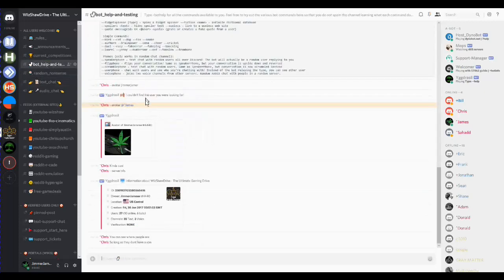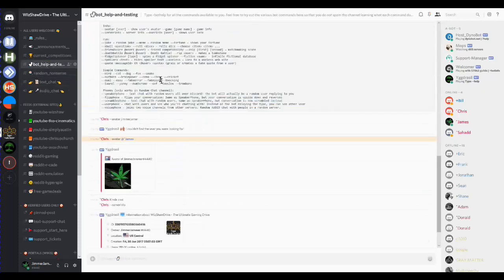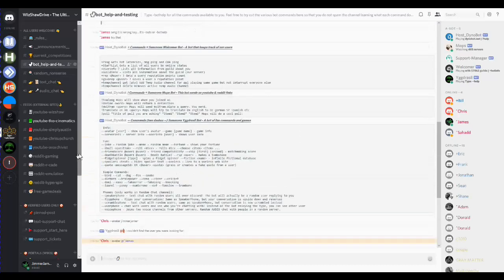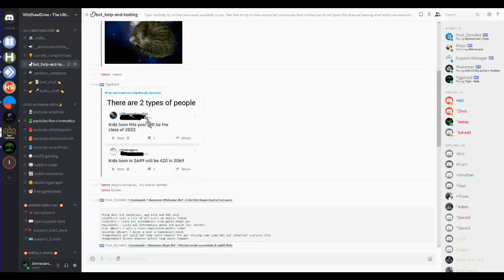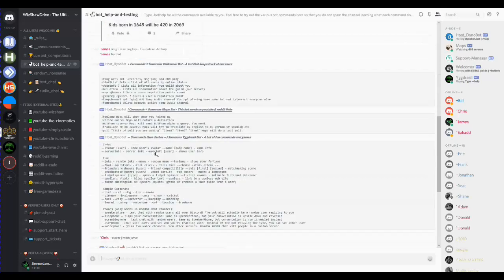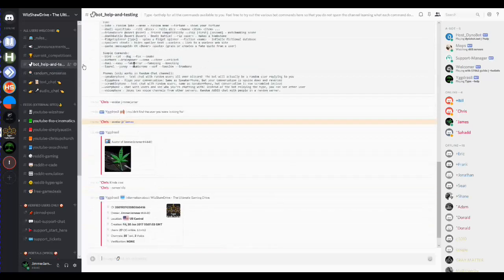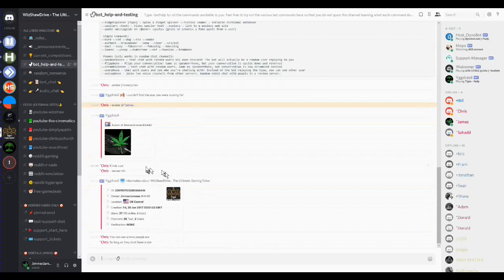So we have bot testing. There's a bunch of different things you can do with bots. Here's a list of all the commands, but we don't want people doing this in the main chat channel, because every time a new person jumps in or forgets a command, it's just going to completely spam. You can see how long this is in the middle of a chat. Basically a command is something like, I typed in cat, and one of the bots responds by sending a random picture of a cat. You could type in meme, and then there's a picture of a meme. So it's just some stuff in the middle of a conversation, but this is a testing area, so you can see what you can do with the bots.